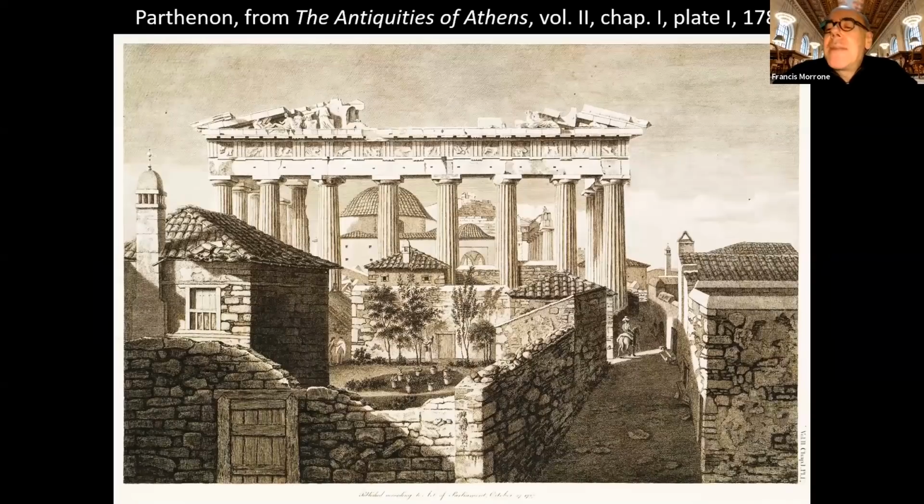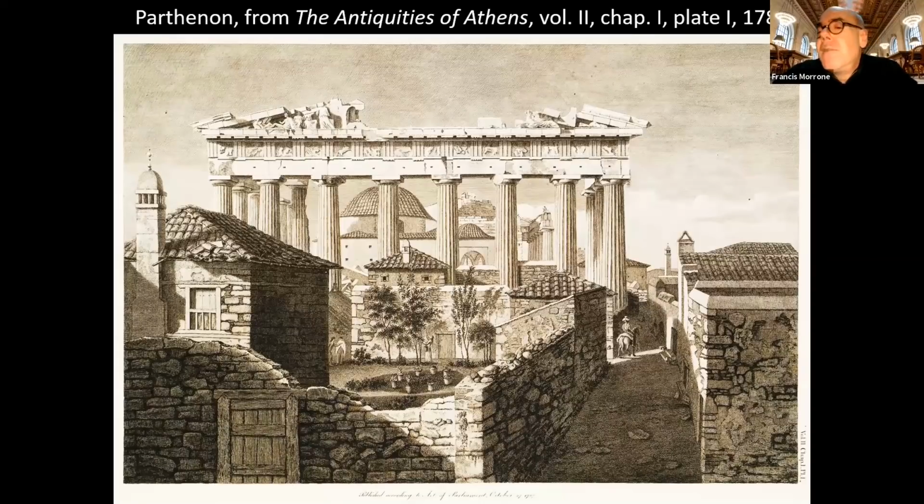We know a lot about what the Parthenon looks like because of scholarly reconstructions, images based on ancient descriptions of the Parthenon, images based on deductions from what exists of the Parthenon, whether it be in Athens or in the British Museum, and so on, so that we have actually a pretty good idea of what the Parthenon looked like when it was new. And it looks very little like the ruin of the Parthenon.